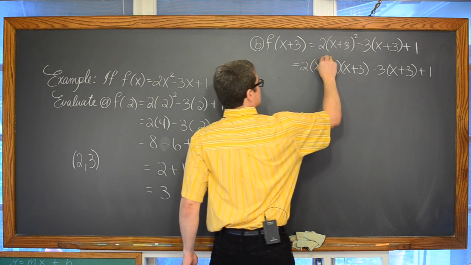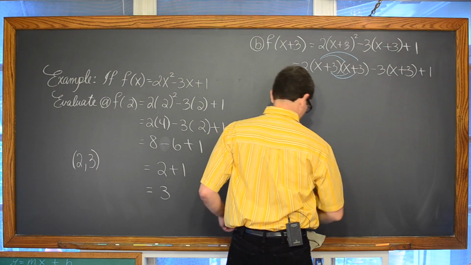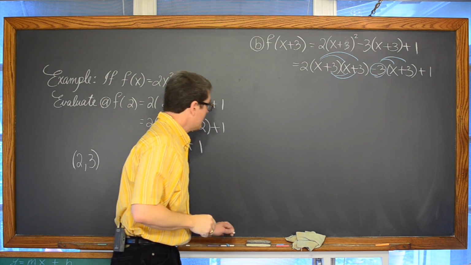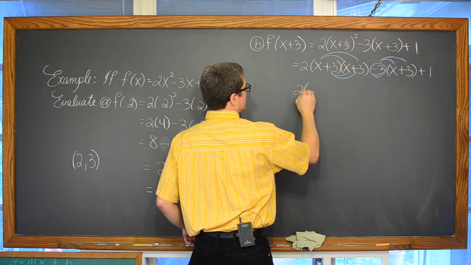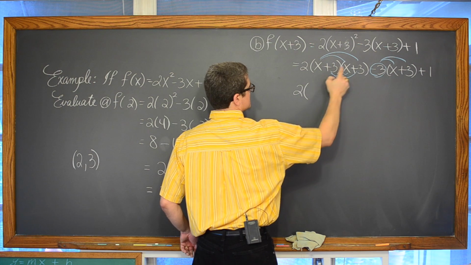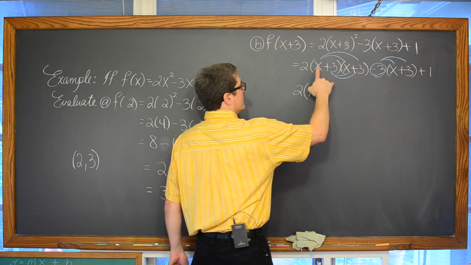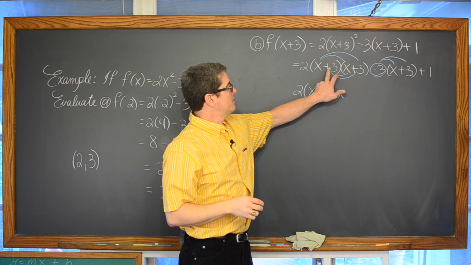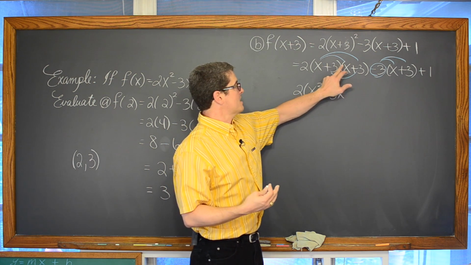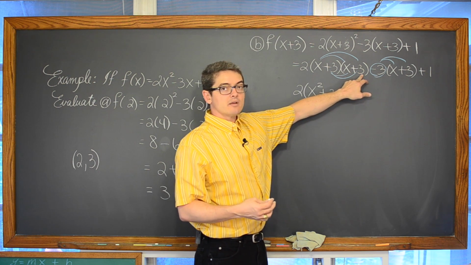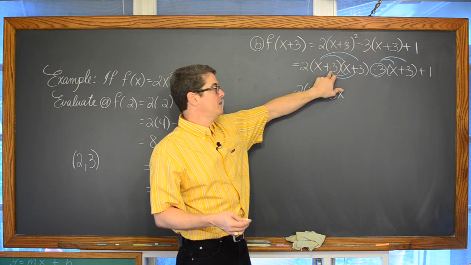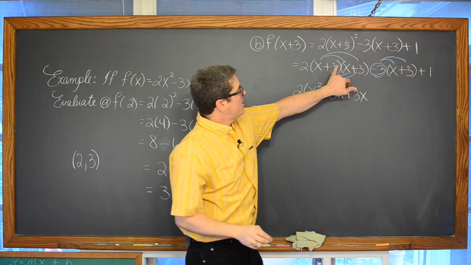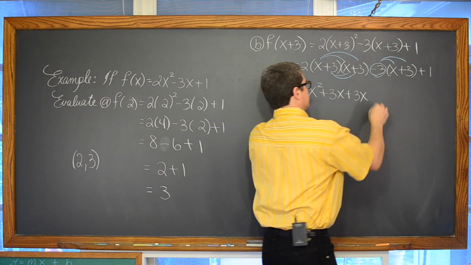We're going to distribute these binomials together. And we're also going to distribute through that negative 3. And we have 2 times, now all this stuff going on here, x times x is x squared, and x times 3 is 3x. And then that first term in the first grouping just got multiplied to every term in our second grouping, so move on to the next term. Positive 3 times x is positive 3x. And positive 3 times positive 3 is 9.